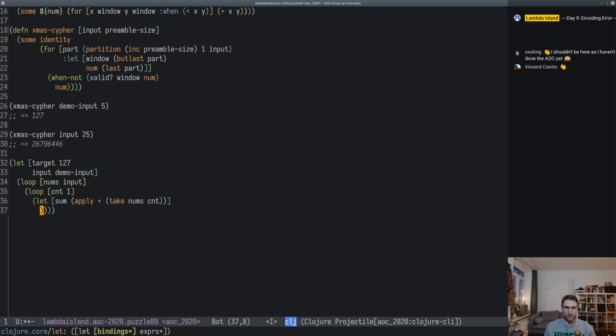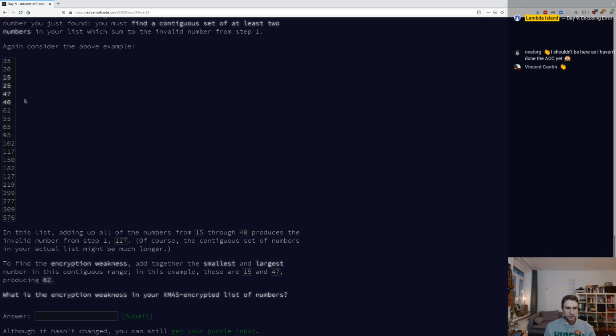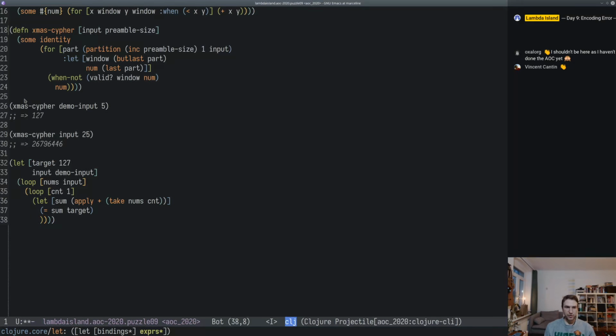We have a couple different options. So maybe the sum is the target. And then what do we need to return? The smallest and largest number in this range. So then we return apply min. Well, let's